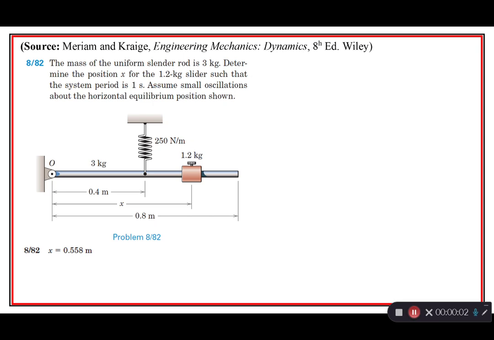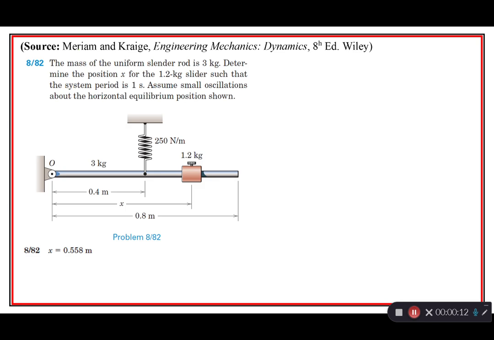Okay, welcome back. This is week 12, and we are going through problems in preparation for exam 3. We're taking a look at another problem from Miriam and Craig. I think I said the last one was going to be the last one, so I guess this is the other last one. So we get a bar,